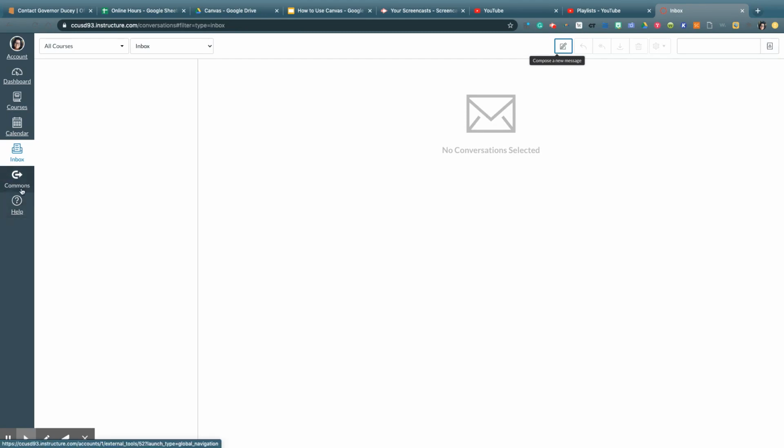And then there's a commons, which would just be common features that are available to all. I've never really used it. And then the help button is what it sounds like. But if you go back to dashboard,